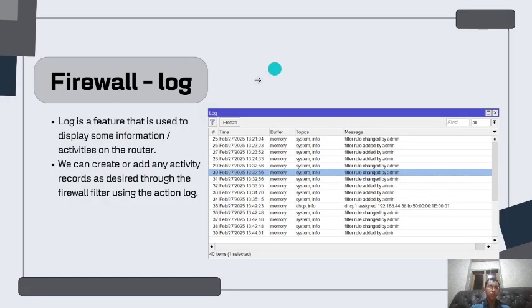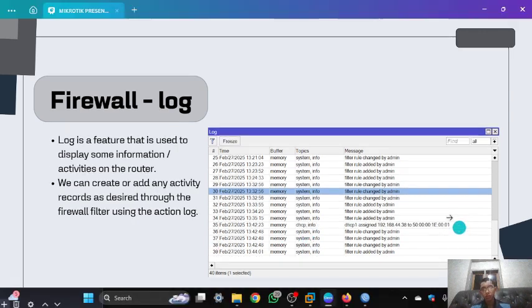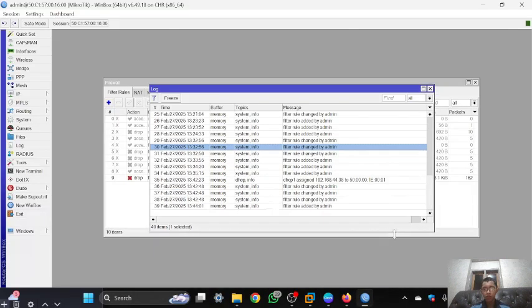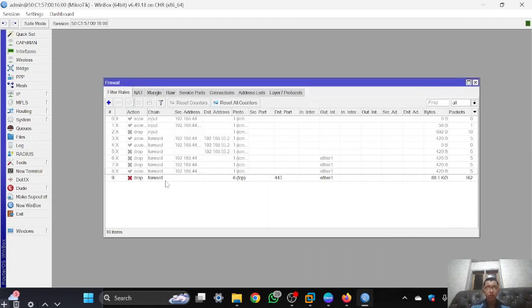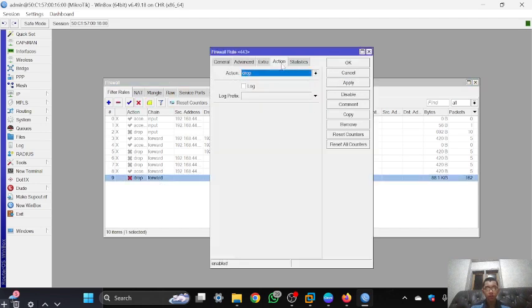And next is firewall log. Log is a feature that is used to display some information or activities on the router. We can create or add any activity records as desired through the firewall filter using the action log. So you can go into your inbox. In the last rule, you can go to action and then log, and there is log prefix, so you can type